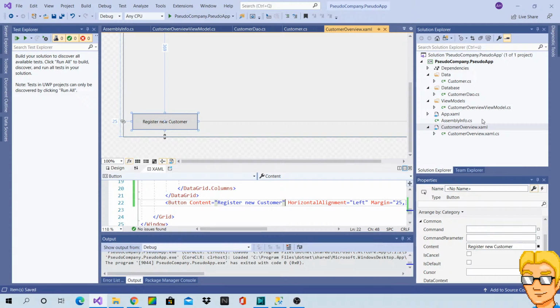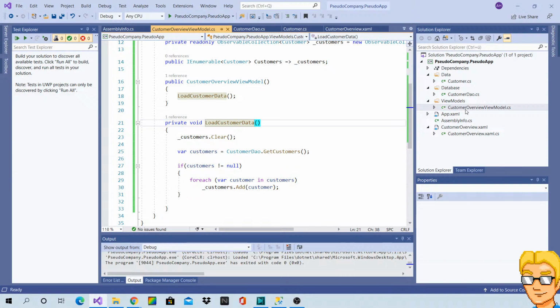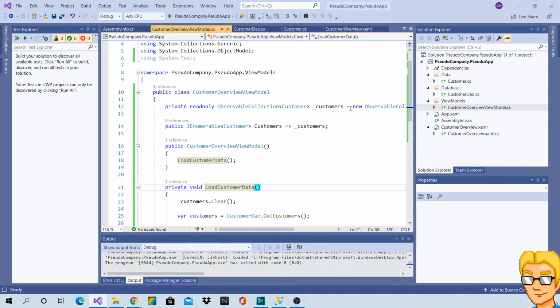So we can either go the quick and dirty way now and just add an event handler to this button, or do it properly and have a command in the view model, which I think I'm going to do.